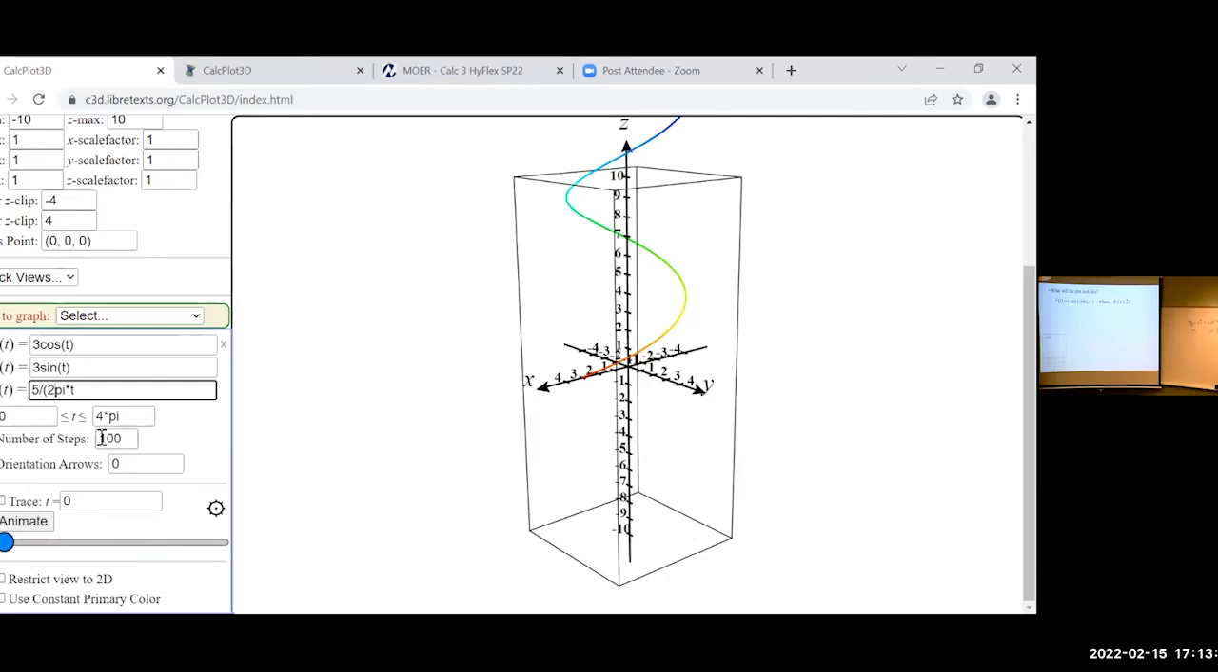And 2 times pi. And there it is. There's our helix that has a radius of 3. It does 2 windings and a height of exactly 10. Okay. Like I said, you're going to get a chance to try one of these in the worksheet, but I